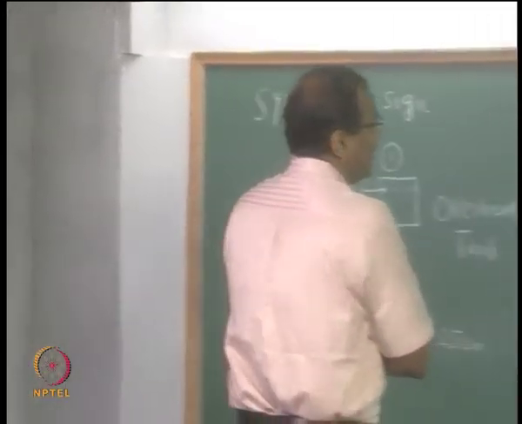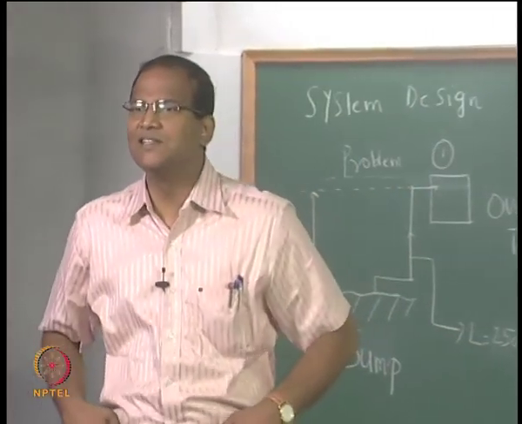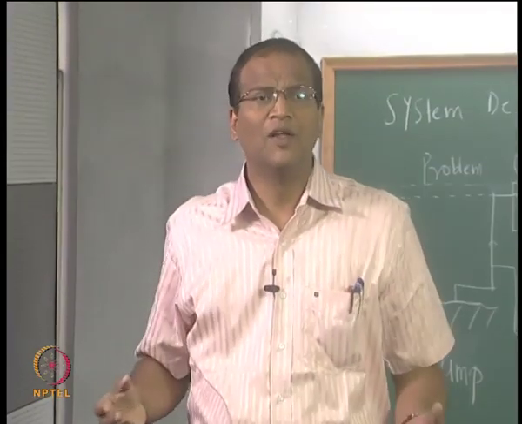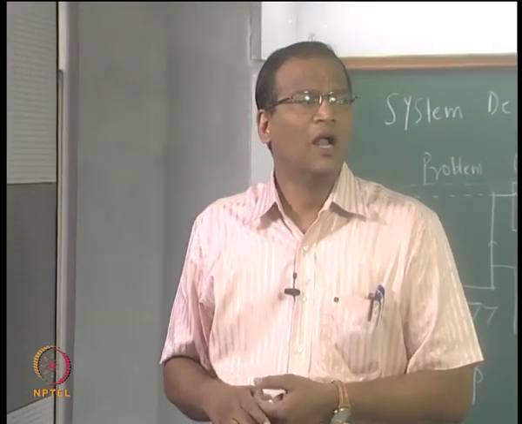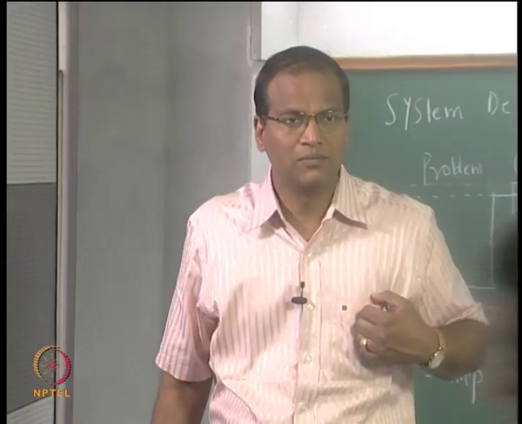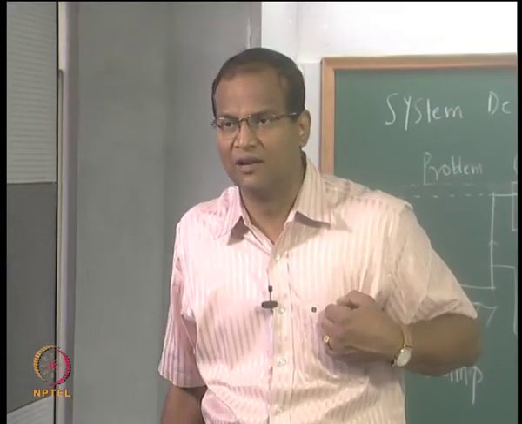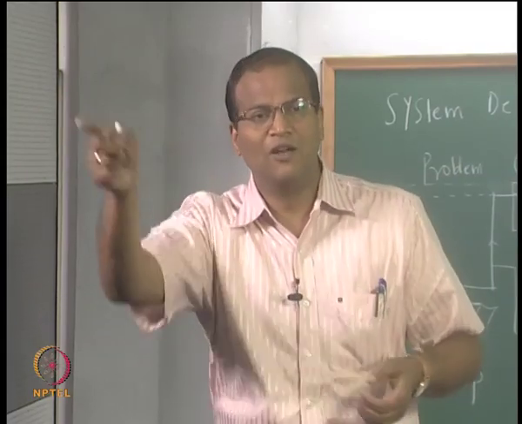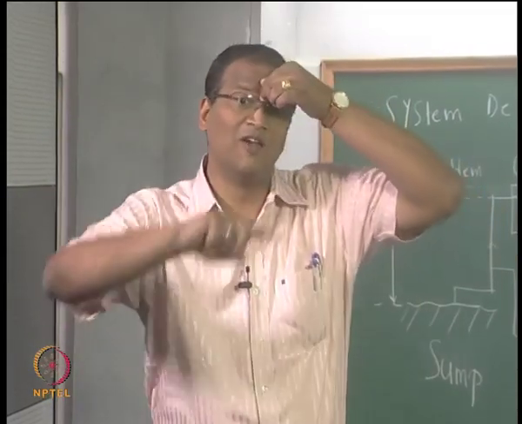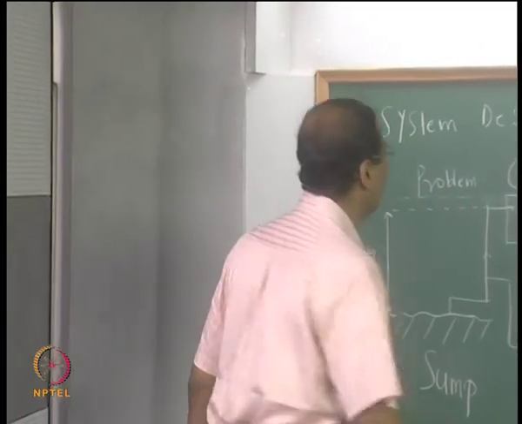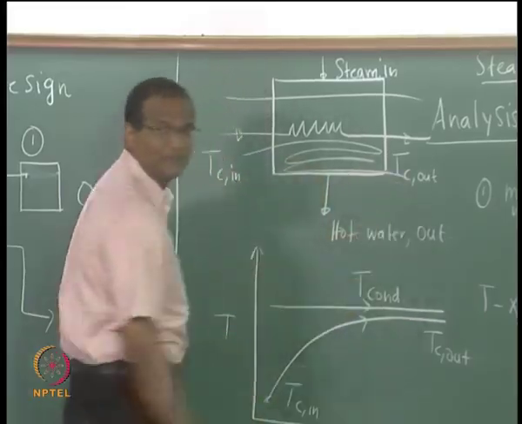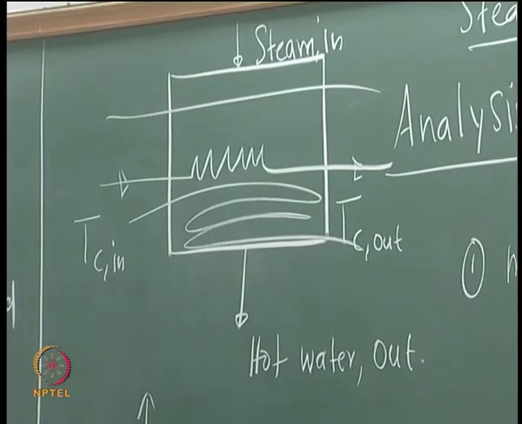Is this enough to design the heat exchanger, for example? What do you want to find out? The design solution will be how many tubes are required in a shell and tube heat exchanger, what should be the diameter of the shell, and whether you will have a U-tube kind of situation with several passes. For example, will everything go like this or will it go like this? Accordingly the diameter will get reduced and so on.